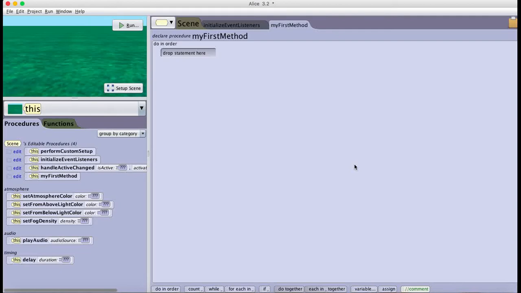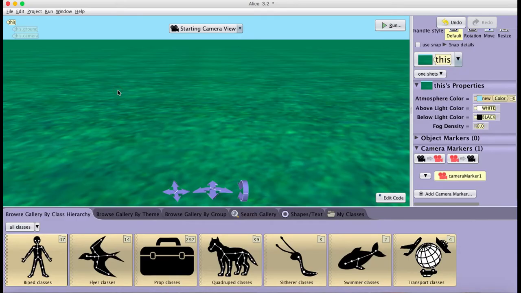In this video, I'll be making a hare jump and walk, and then hopefully through doing that, I'll be able to show how to move joints in Alice. So the first thing I'm going to do is go to Setup Scene, and then go to the biped class,